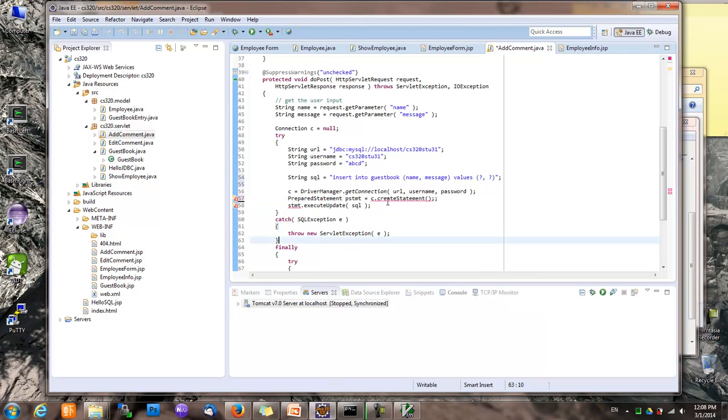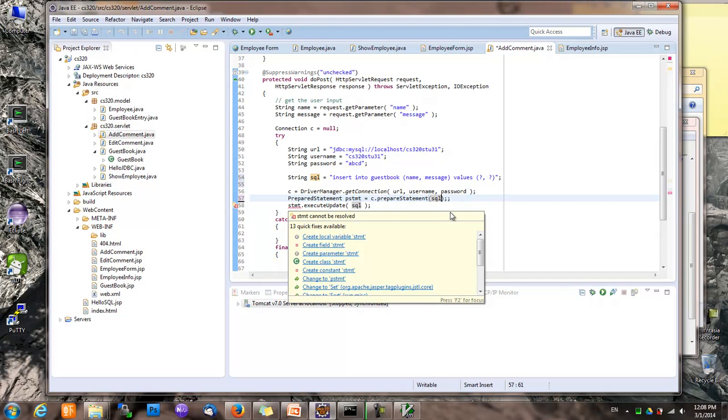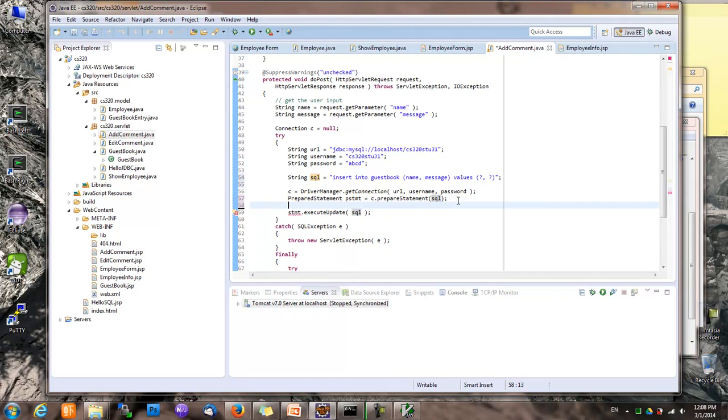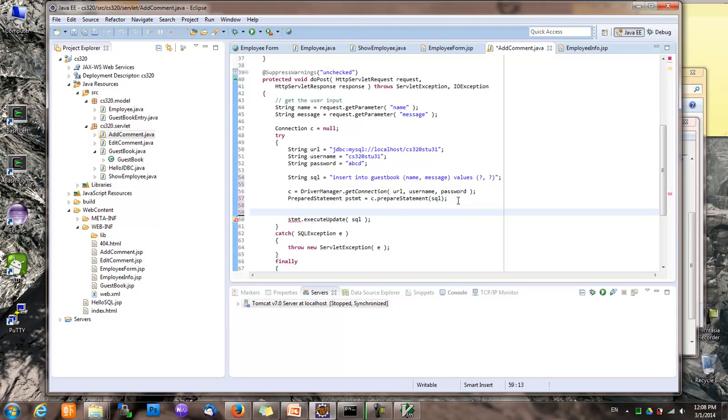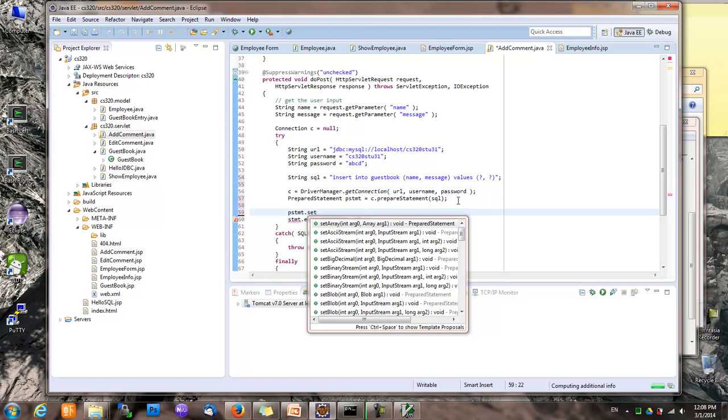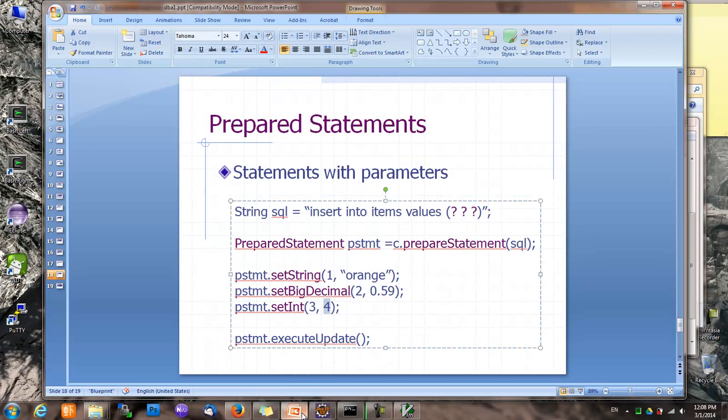And so it's no longer create statement, it's prepare statement, and prepare the SQL statement we just created. And then once we have that, to run the statement we'll say p statement set, what's the syntax for that? Set string,